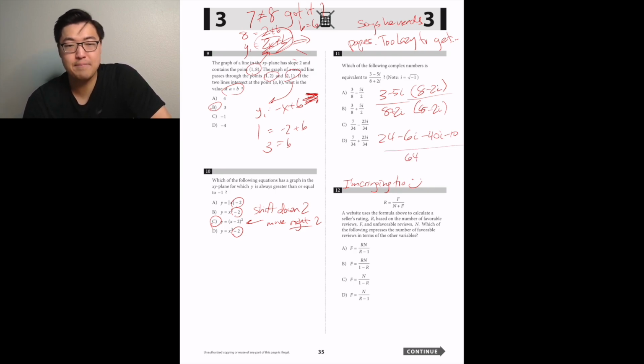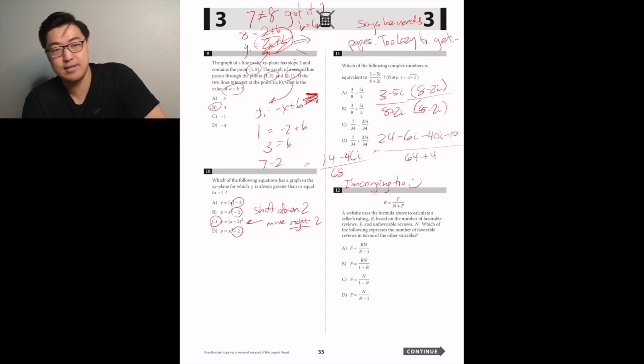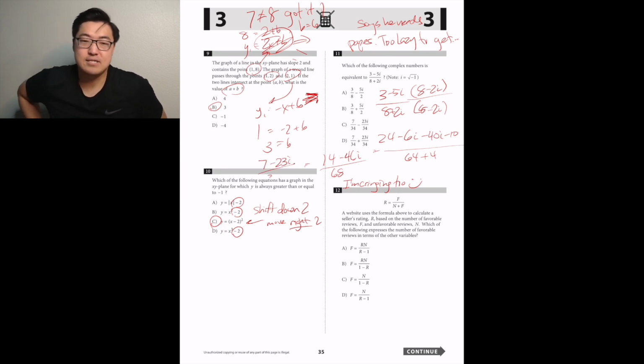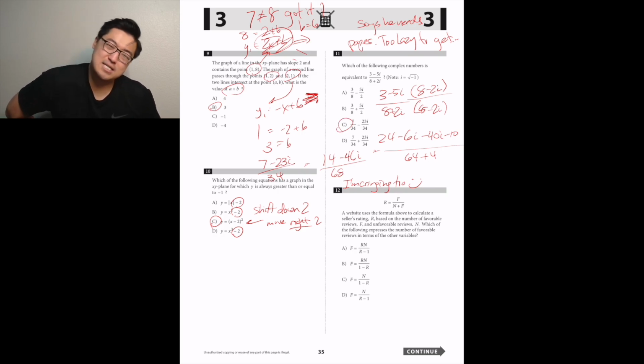multiply to both the top and the bottom, then the bottom is going to become 64 plus 4 because i squared is negative 1. Yeah, so it'd be 64 minus negative 4, so 64 plus 4. So we have a 68 in the bottom. It doesn't help too much because all of these, A, B, C, D's denominators are factors of 64. So the top is going to turn into, oh my goodness,